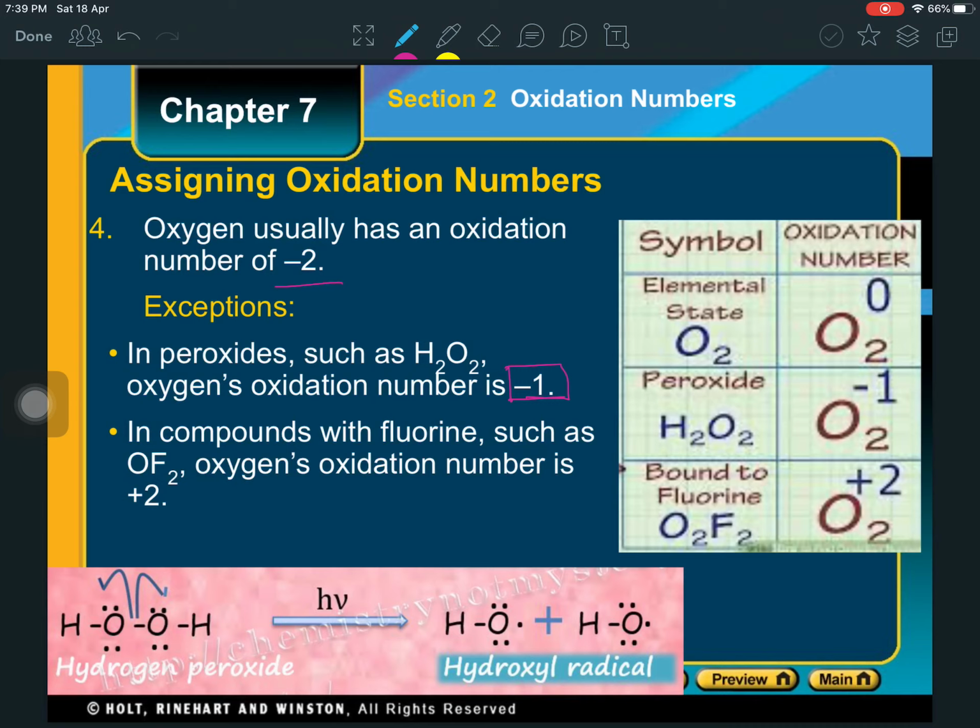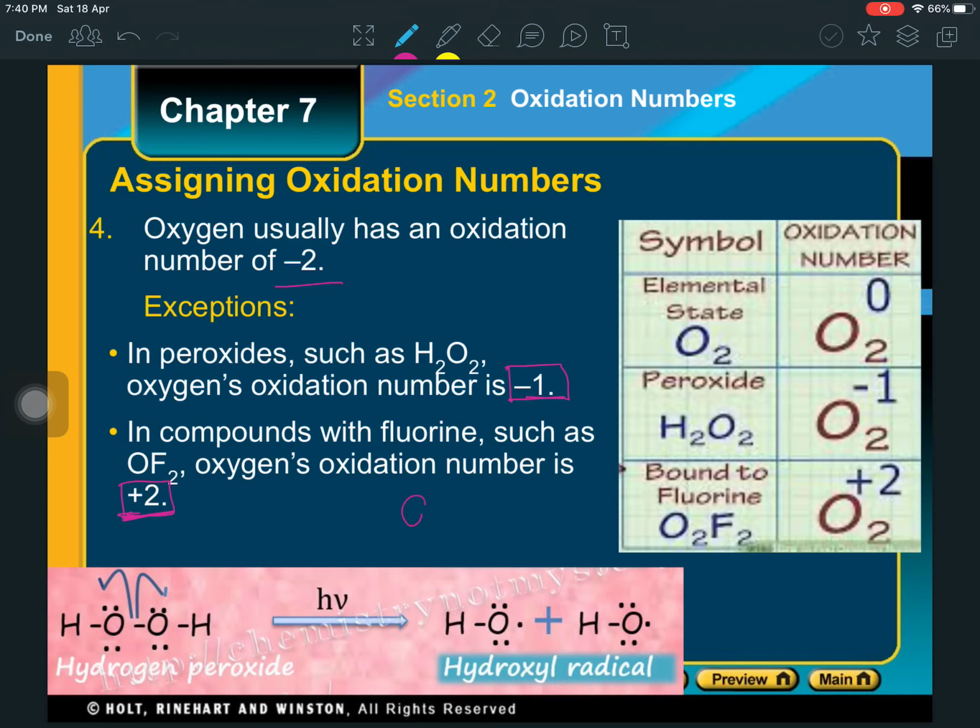All right, so in compounds with fluorine, such as OF2, oxygen's oxidation state is +2, okay? This is obviously a huge, very dramatic change, and that's because of what we said earlier. Remember, positive means that you have lost your electrons. Your electrons have left you, and you guys know that oxygen likes to be negative. So the only time that oxygen is going to take on a positive charge is when it's bound to fluorine,